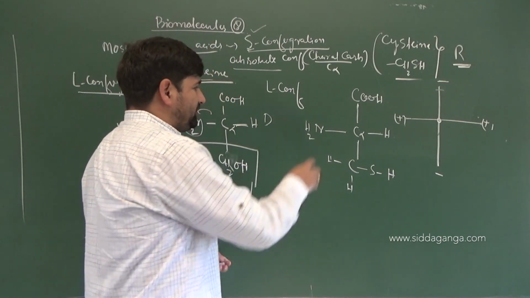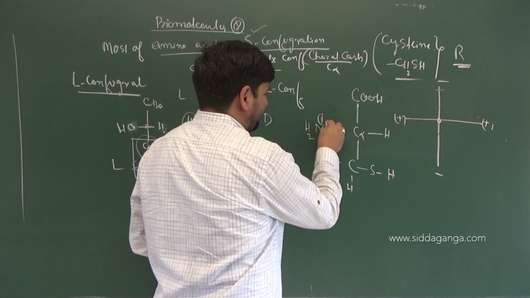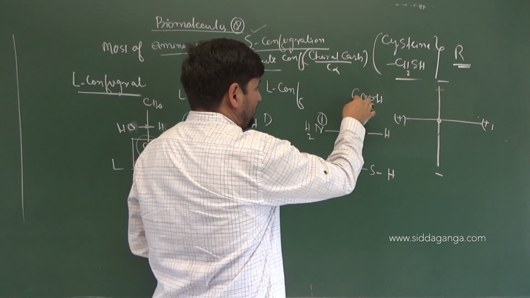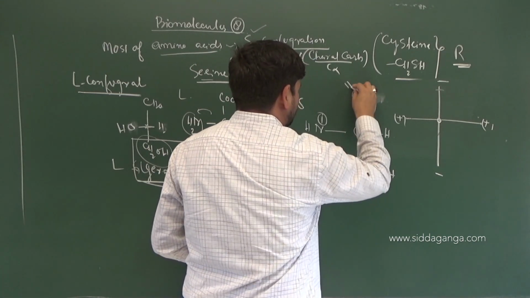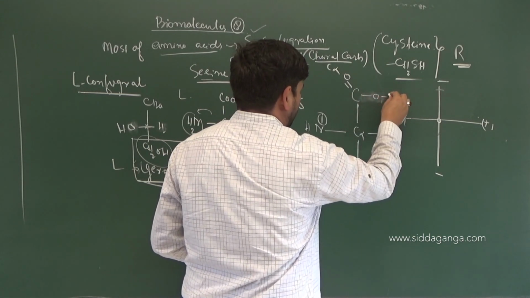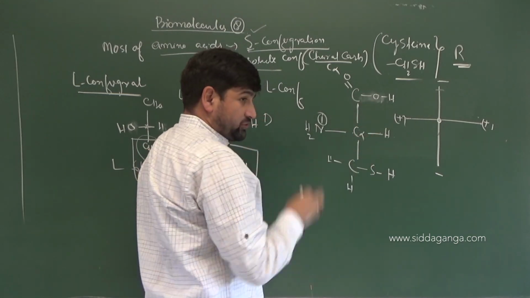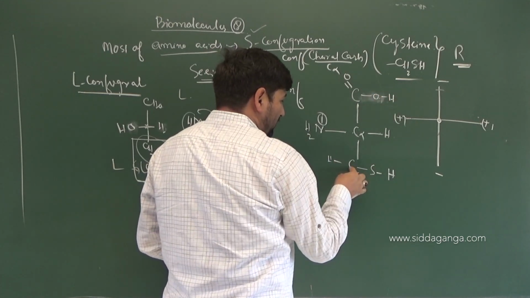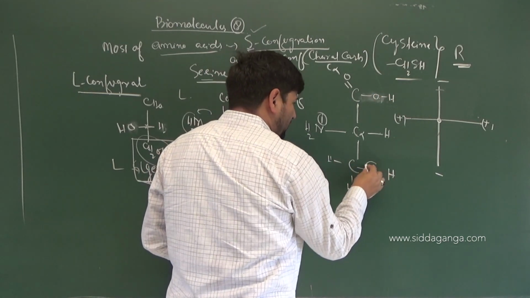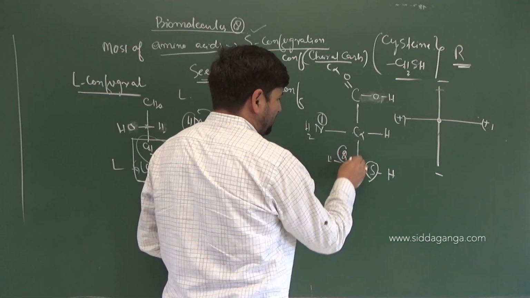So first of all, if you give priority here, nitrogen directly attached to carbon, atomic number is 7. Here atomic number is 6. Carbon, I will break it off. It is attached to oxygen, which is attached to O and H. Here, carbon attached to carbon. Here also carbon to carbon. So direct link between carbon. Here carbon is to oxygen. There carbon is to sulfur. So you got a point of difference very clear here. So this gets priority. So this will get number 2 on the whole.